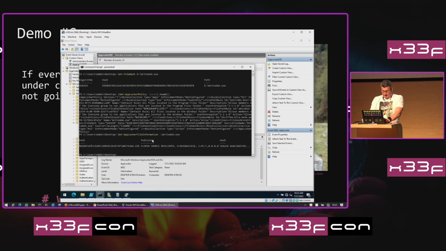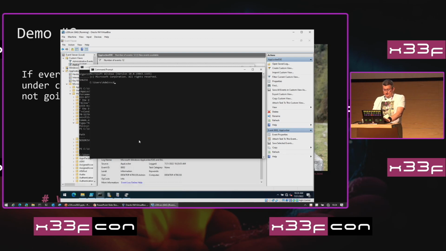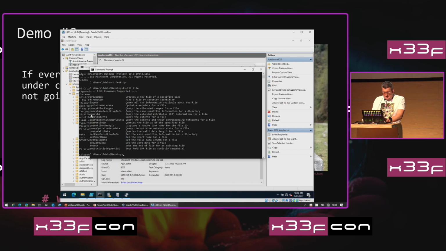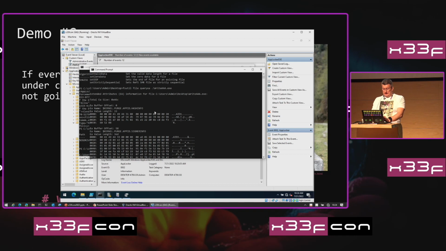So if you want to display extended attributes, I will exit my PowerShell. I will launch one console more. It will be useful in a moment. Desktop. fsutil file, and there is a queryEA parameter for querying extended attributes. If you specify a file, let's say write.exe, you will see extended attributes displayed over here. You can see the attribute hash info